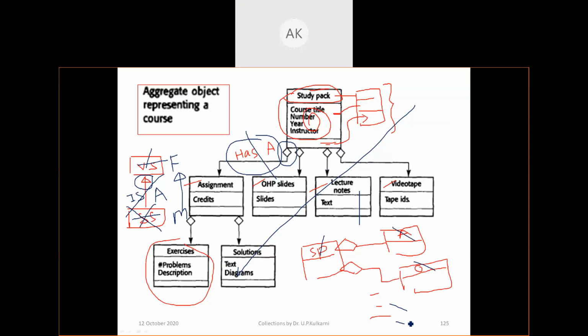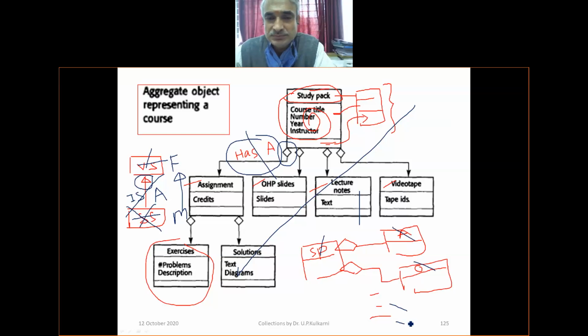Prepare an appropriate business scenario to explain the following key concepts of the object model. In that, A part: has-a relationship, B part: is-a relationship. Has-a relationship and is-a relationship.